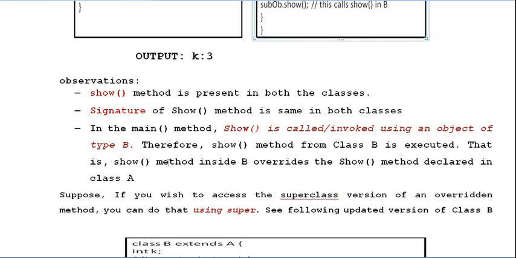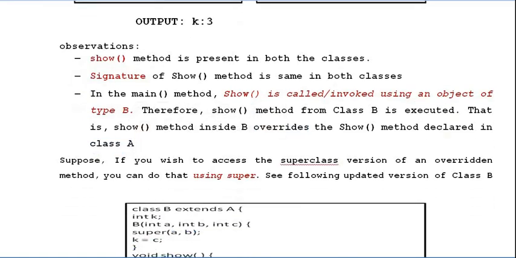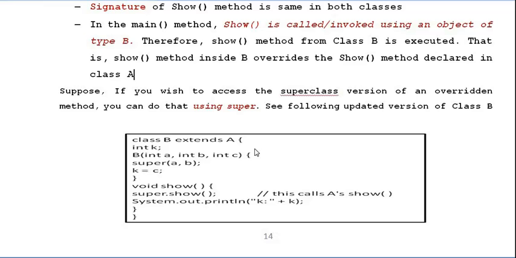That is, the show method inside B overrides the show method declared in the superclass A. This is what overriding a method means. And if we want to call the superclass version of the overridden method, you can call that method using the super keyword.